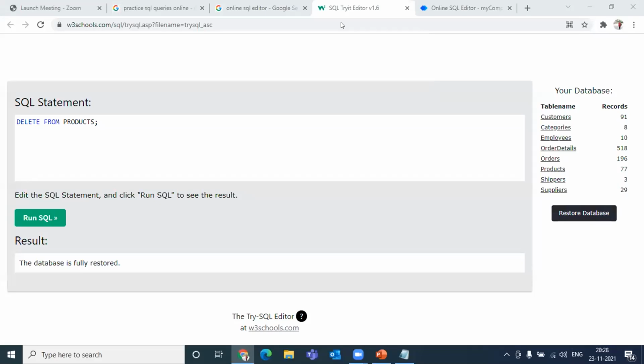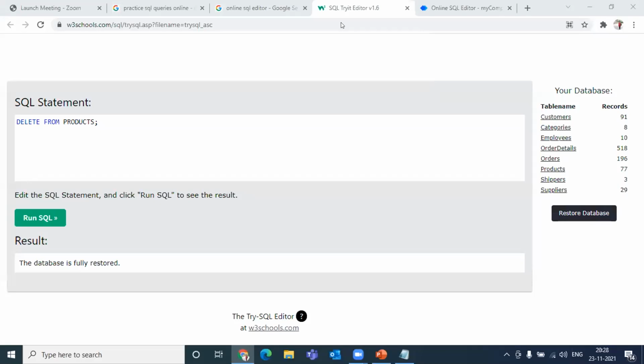Okay, ma'am, let me look at the questions meanwhile. Ma'am, what is the difference between delete and truncate? See, SQL delete and SQL truncate are different. Delete will delete rows one at a time. Truncate will remove all the rows in the table. So you could have used truncate also. This is also correct. Okay, what is the next question?